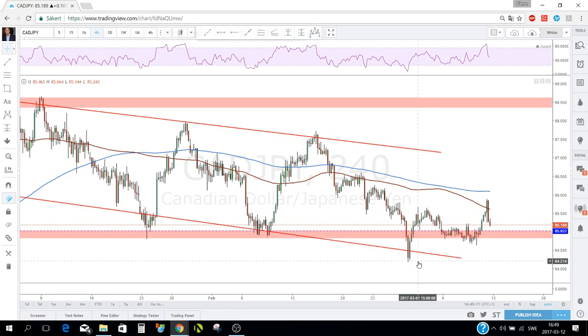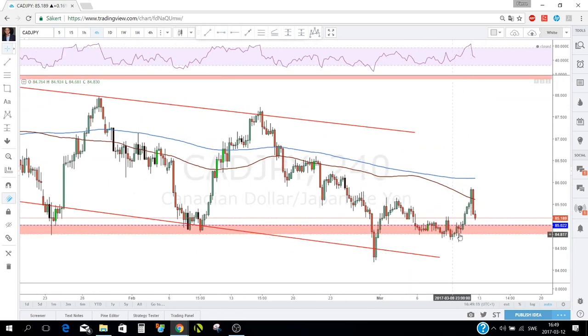So I'm not looking at this level here. I will be looking back down here to see what price will do at this level. So I will be looking for when price goes back to these lows and try to find an entry reason for a long, and try to ride it back up to the top of this channel, yeah,